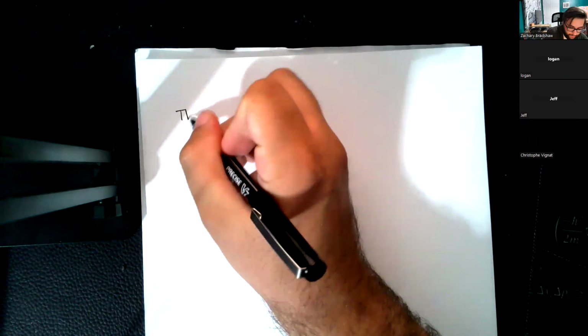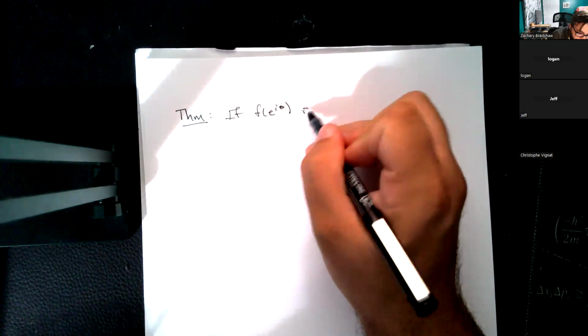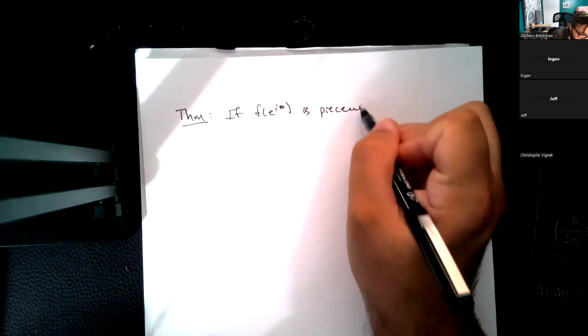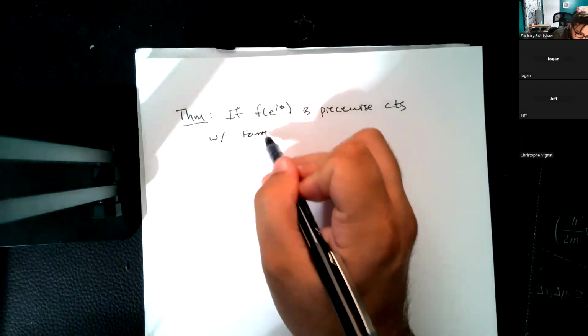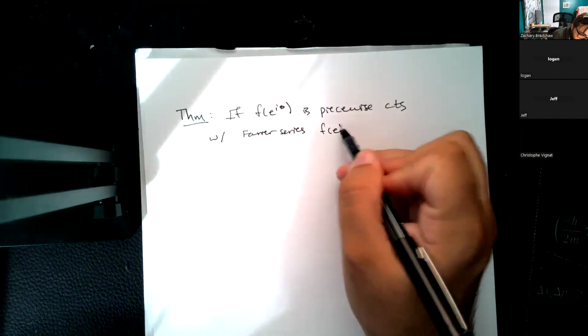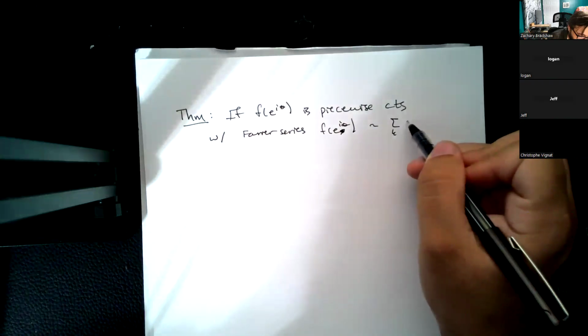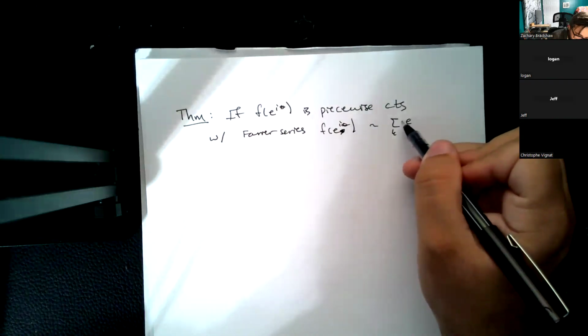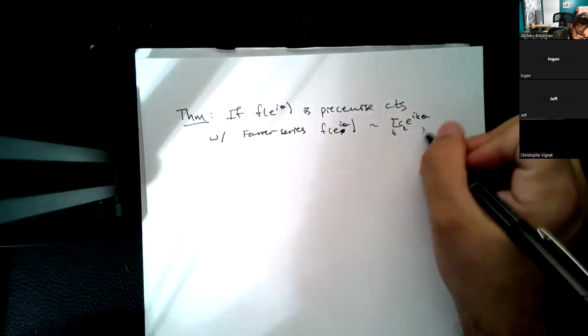If f of e to the i theta is piecewise continuous with Fourier series f of e to the i theta, roughly something like the sum over k of c_k e to the i k theta. Then